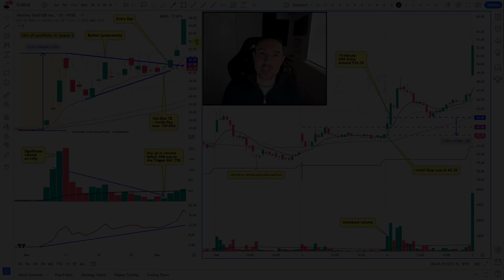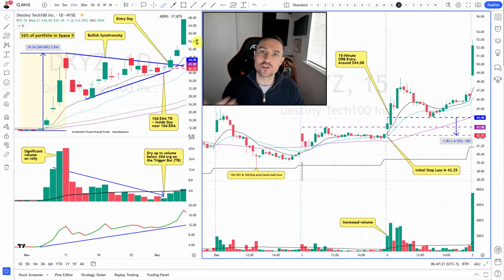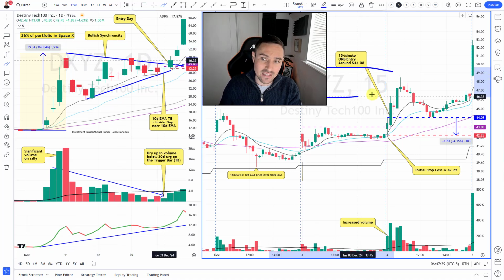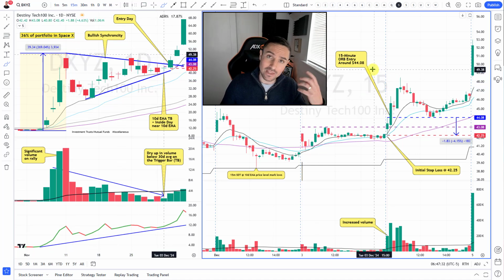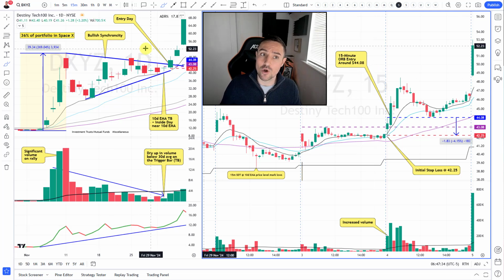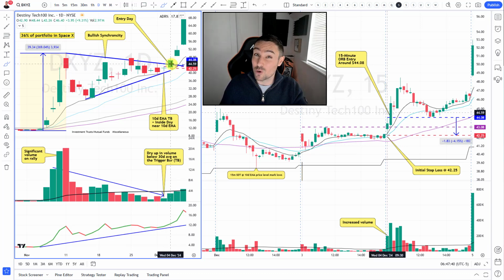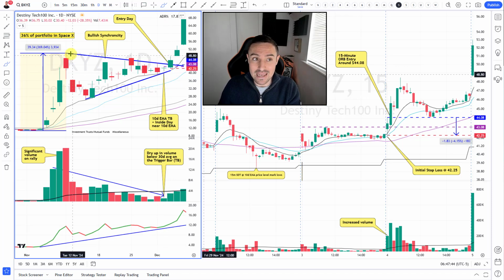So we'll begin the video with an overview and then we'll start going into the details as the video progresses. So we've got two time frames loaded up at the minute. We've got the daily chart on the left hand side and then we've got the 15-minute chart on the right hand side. Now the first part of the video is going to focus on the daily chart, so over here, and I'm going to teach you the very specific setup that Trader Tom was targeting, which is what I call a trigger bar, this low volume inside bar sitting just above the 10-day EMA